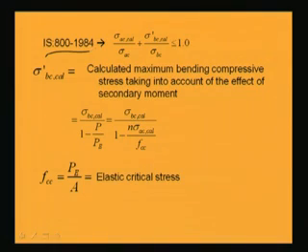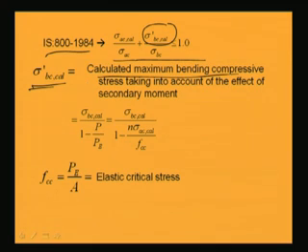However, before going to the design procedure, I would like to give a summary of the earlier lecture with respect to the beam column. As per IS 800:1984, as I told in the last lecture, sigma AC calculated divided by sigma AC permissible, plus sigma dash BC calculated divided by sigma BC permissible, should be less than or equal to 1, where sigma BC dash calculated is the calculated maximum bending compressive stress